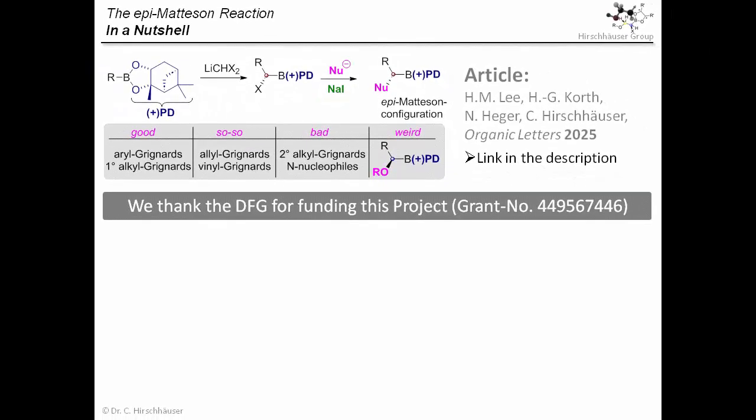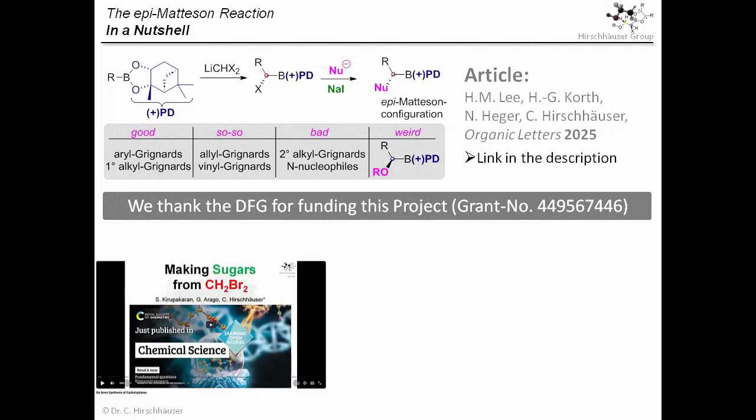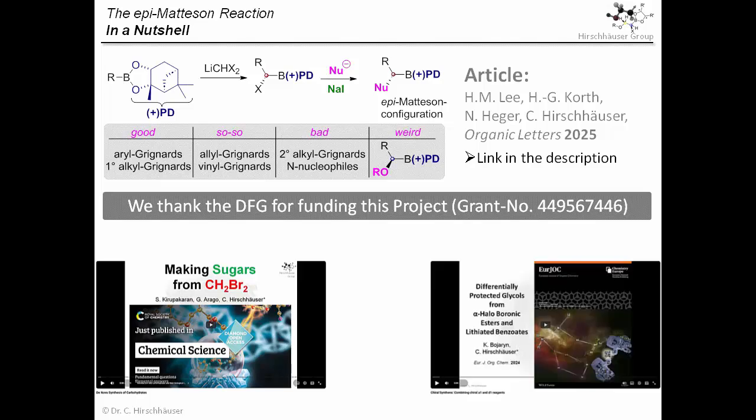Fortunately, there are other stereodivergent ways to make glycols. In our paper about a unified synthetic approach to all aldohexoses, we employed strategic solutions to make both erythro and threo glycols. If this tickles your fancy, check out the video abstract for this paper. You can find it behind the link on the left. However, if you plan to finish your medicine sequence with a chiral glycol, you might rather check out our work on the reaction of alpha-haloboronic esters with chiral carbenoids. The video abstract for that work waits for you behind the link on the right.